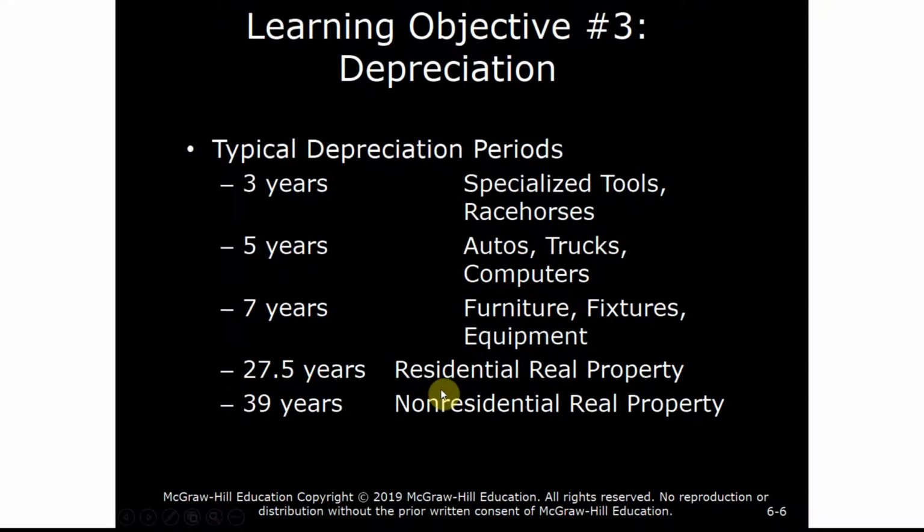A kind of accrued deduction is the depreciation, and in the tax code we use the modified accelerated cost recovery system or MACRS, and we have some typical depreciation periods. So if a business has an auto, that will generally be depreciated over a 5-year period. Furniture, fixtures, and equipment over 7 years. Residential real property, such as an apartment building, would be depreciated on a straight line basis over 27.5 years. And non-residential real property, such as a warehouse, would be depreciated over 39 years. And please bear in mind that the land that the buildings sit on is never depreciable.